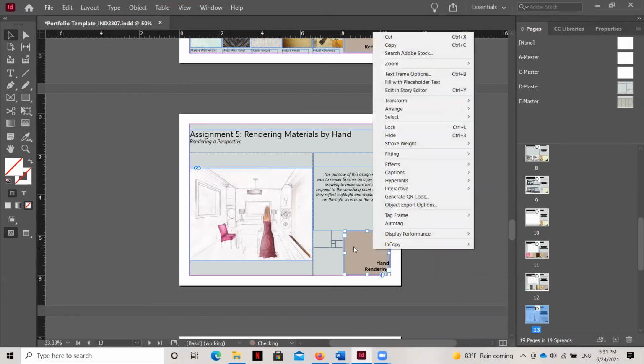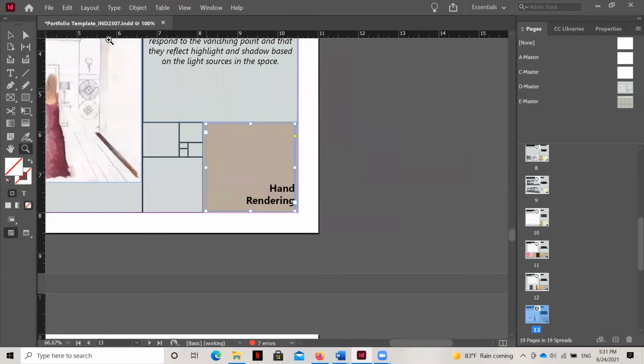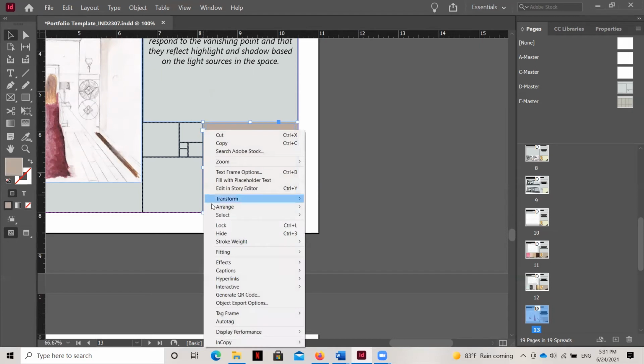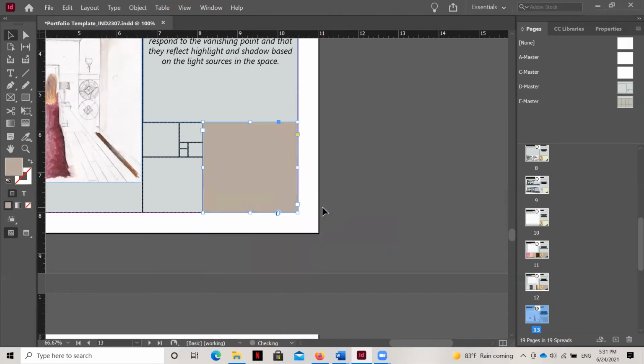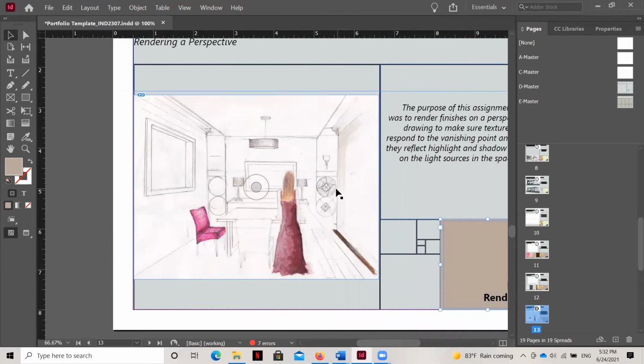But if I wanted to, I could click on the colored box, right click, and I could bring it to the front and it's going to cover up that text box. See? So there's some layering here at play that you may need to be aware of.